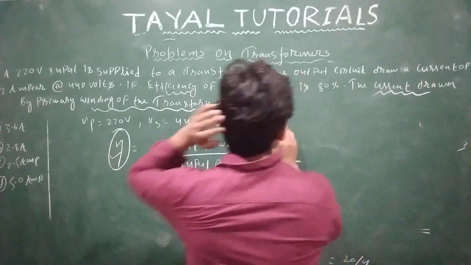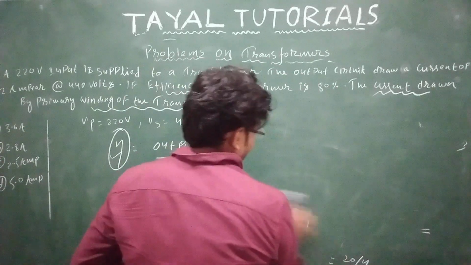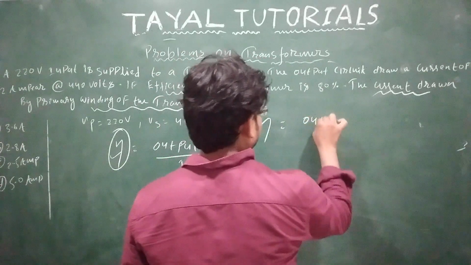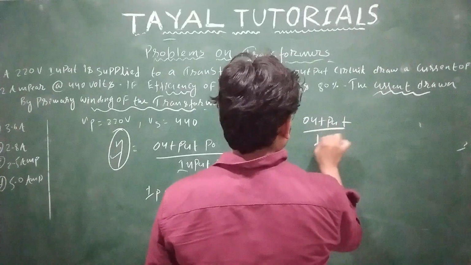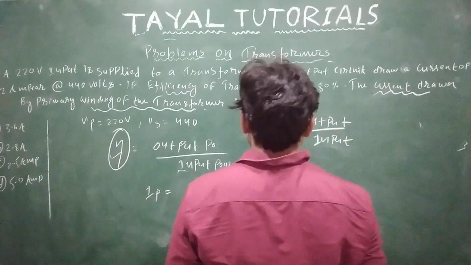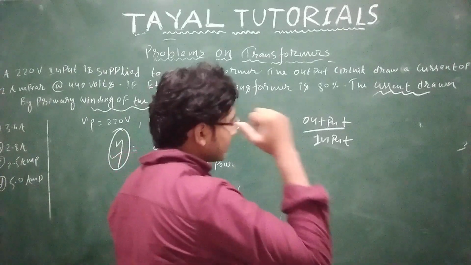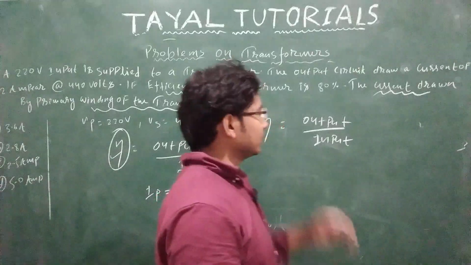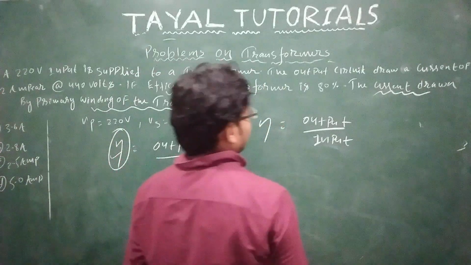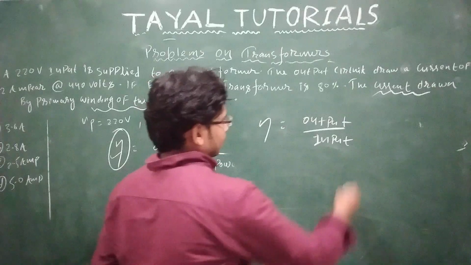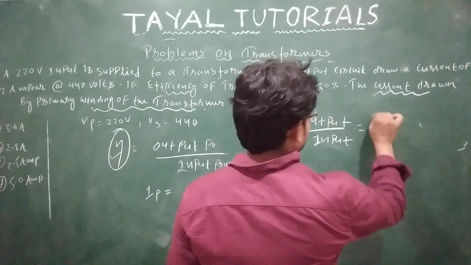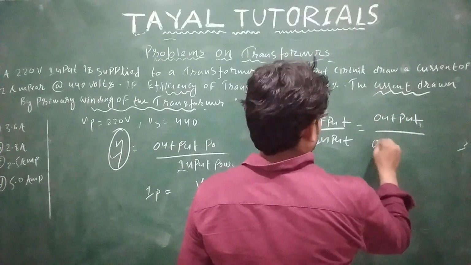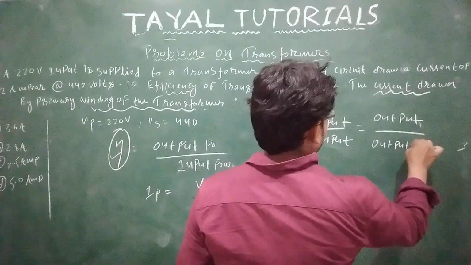Okay. Let's see, efficiency is equal to output by input. When you ask people, they will say that with 100% loss, efficiency will be 0, but it's not like that. See how? Output upon input, you can write input as output plus losses. Output by, what is output? Output plus loss.